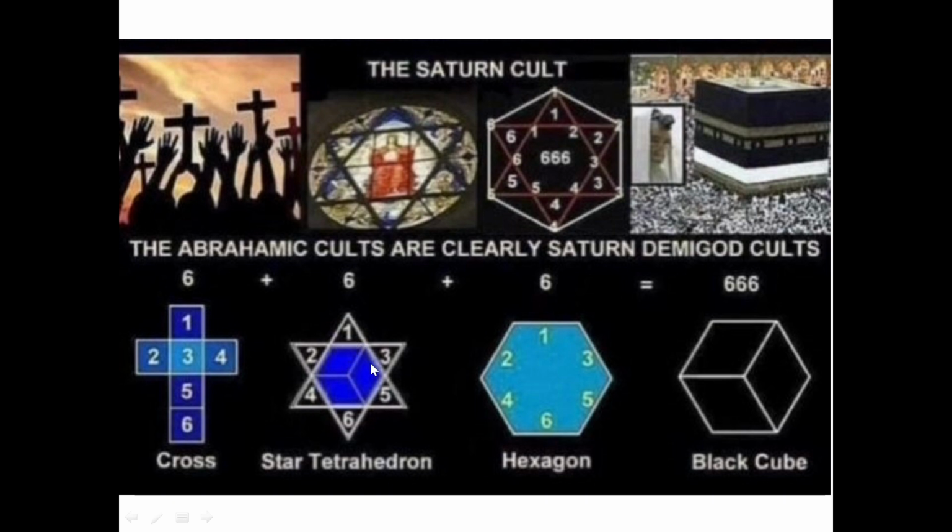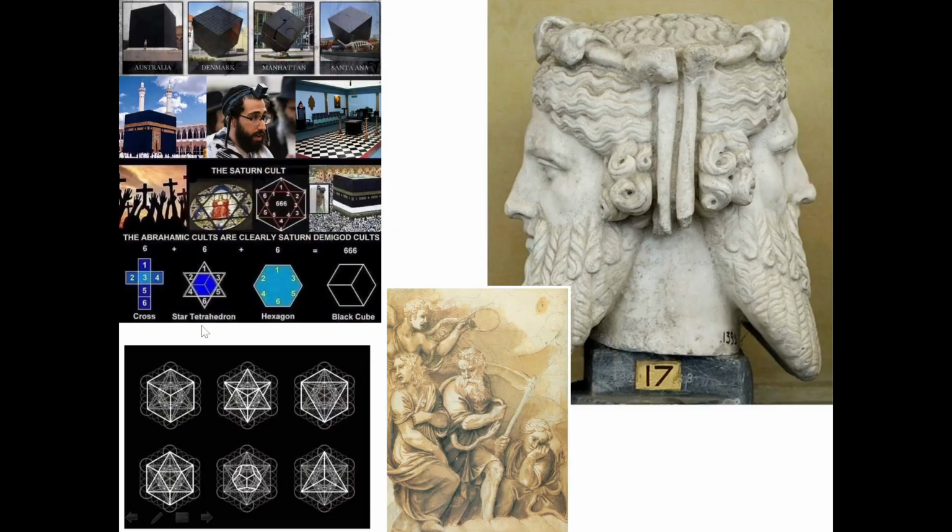The six-pointed star with the cube inside. The 666, Metatron's cube. The cross is a cube opened up. We see the cube everywhere,